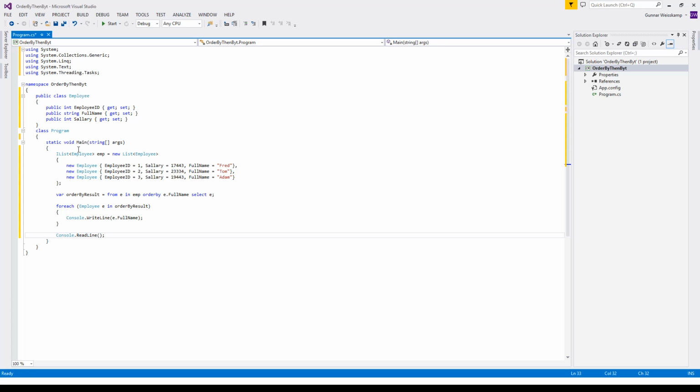So what are we trying to do here? First of all, we've created this class. It's just got three properties: employee ID, full name, salary. And now we're creating a list object here of employee information and storing the results in this emp variable. Obviously we're creating three employees, as you can see here, with their salaries, employee ID and their full name: Fred,